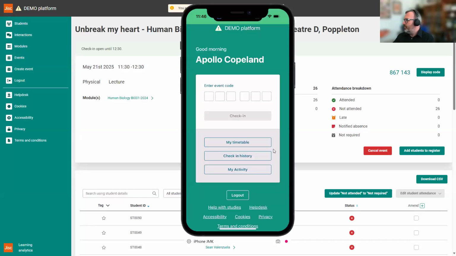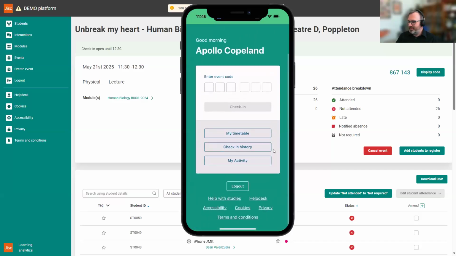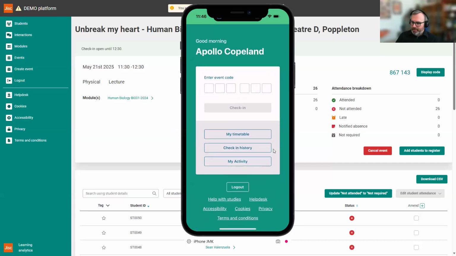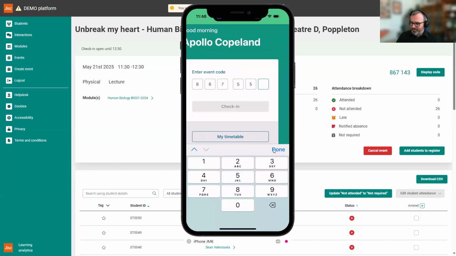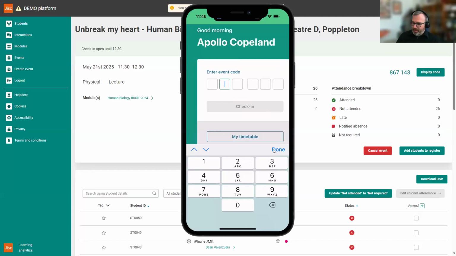So hopefully you can all now see the student view there, and this is monitoring from my phone. They simply have to put in a 6-digit code. I'm going to deliberately put it in wrongly for the first time. And there you can see that the student gets feedback telling them that this isn't a code it knows about, and so that they can't check in with it. If I go back and enter the correct code this time,